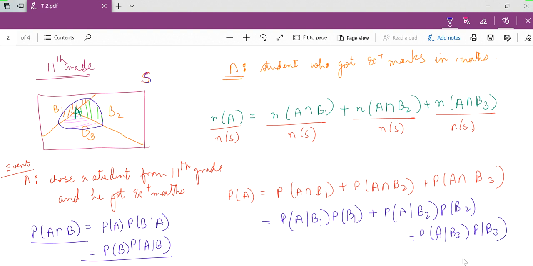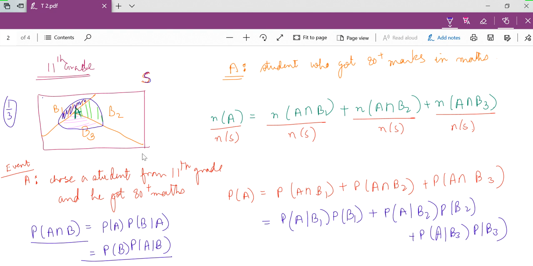So now what is the probability of B1? If I have an equal number of students in all 3 sections, then the probability of choosing any section will be equal, so that will be 1/3. And if, as in the diagram, B3 has more students, then the probability of selecting section B3 will be more. It depends. In a given question you will know the probability that you will choose B1 or B2 or B3. And then the probability of A, provided you are in section B1, you can always find out, because then you will be only in this much area and you just want to find the probability of this much.